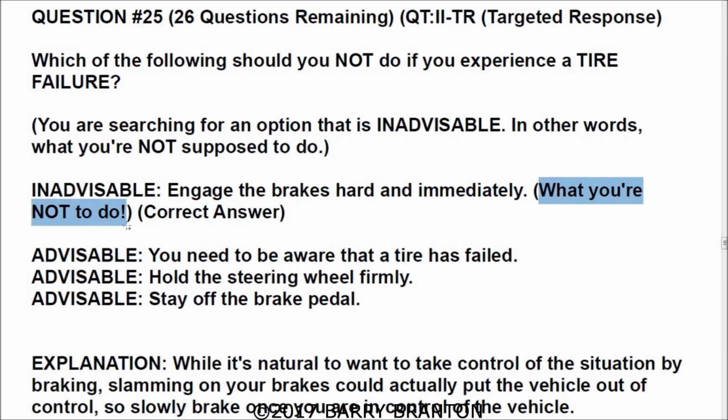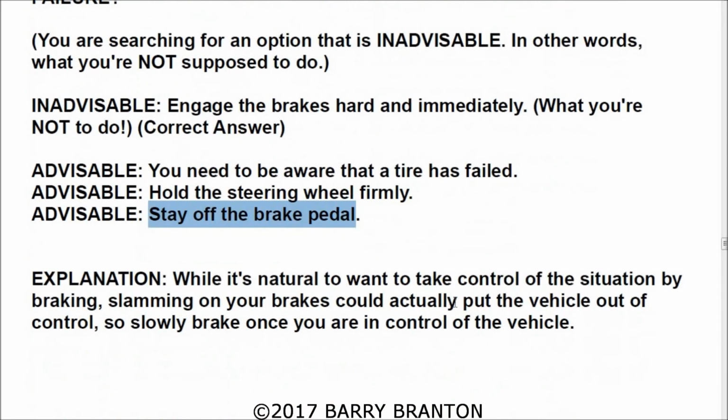What are you supposed to do if you experience a tire failure? Well, you need to be aware that the tire has failed, okay? You need to hold the steering wheel firmly, and you need to stay off the brake pedal. And here's our